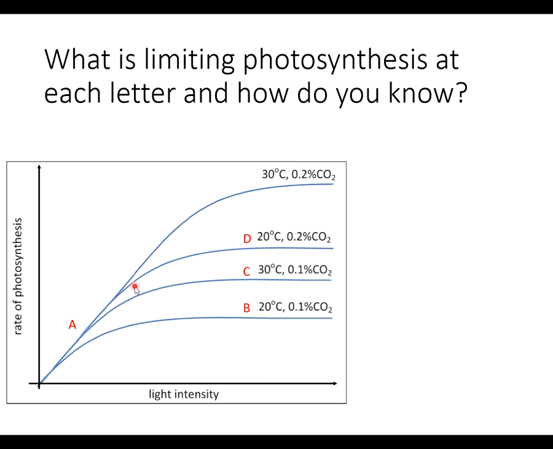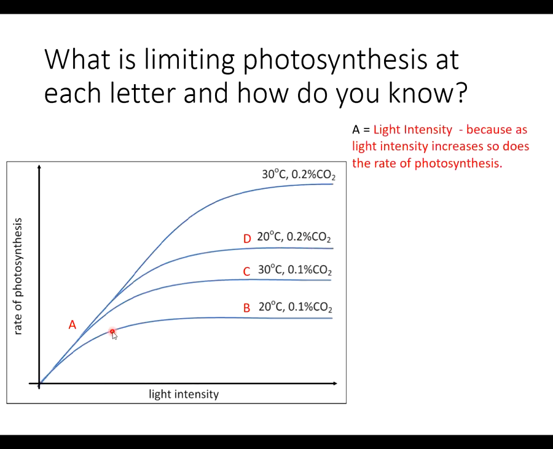So you could be asked to identify what is limiting the rate of photosynthesis at any one of these places. This is called a plateau. Okay, so at A, it is the light intensity that is limiting the rate of photosynthesis, because at any point along here, so if we draw some little lines on here,